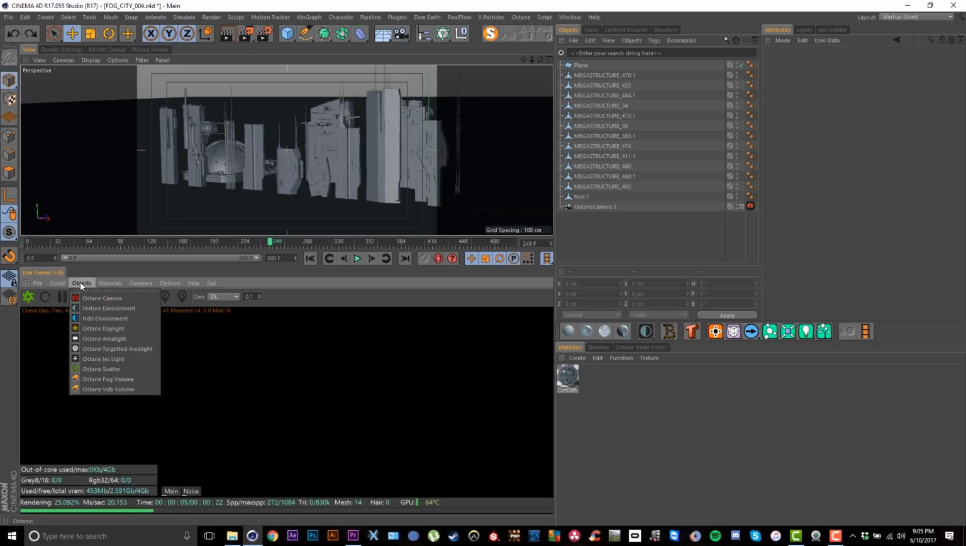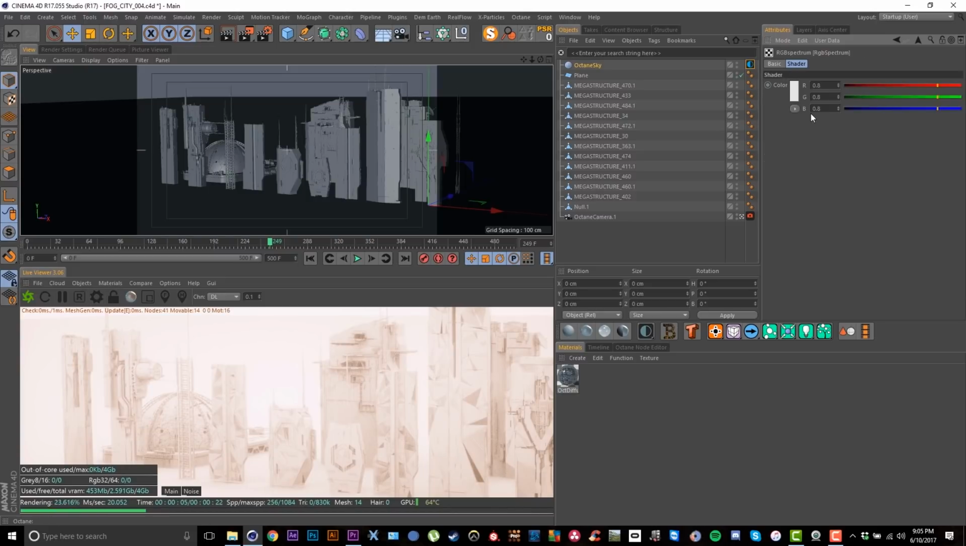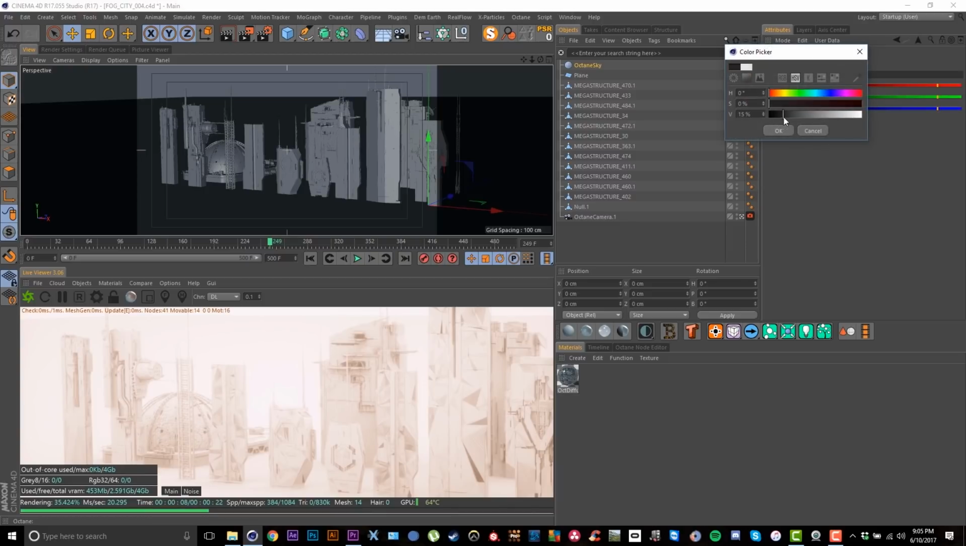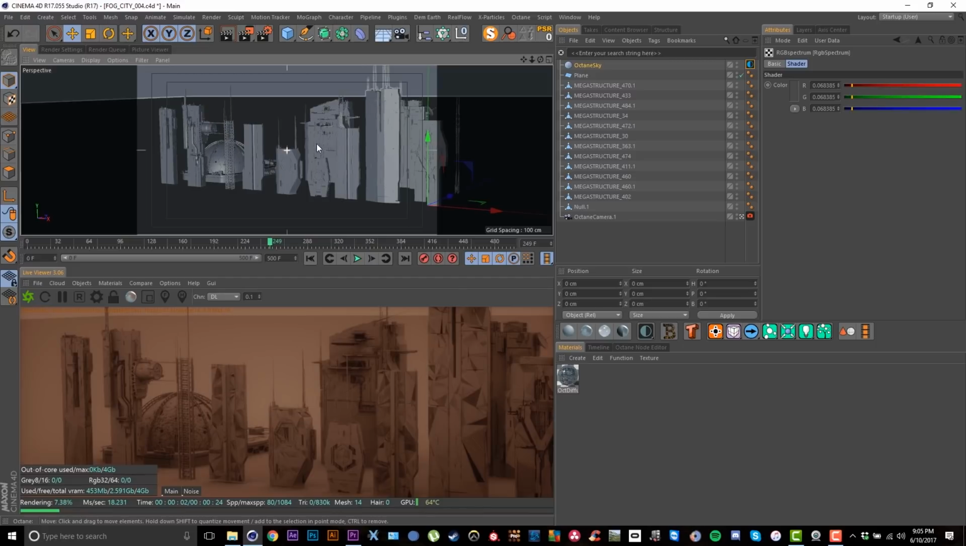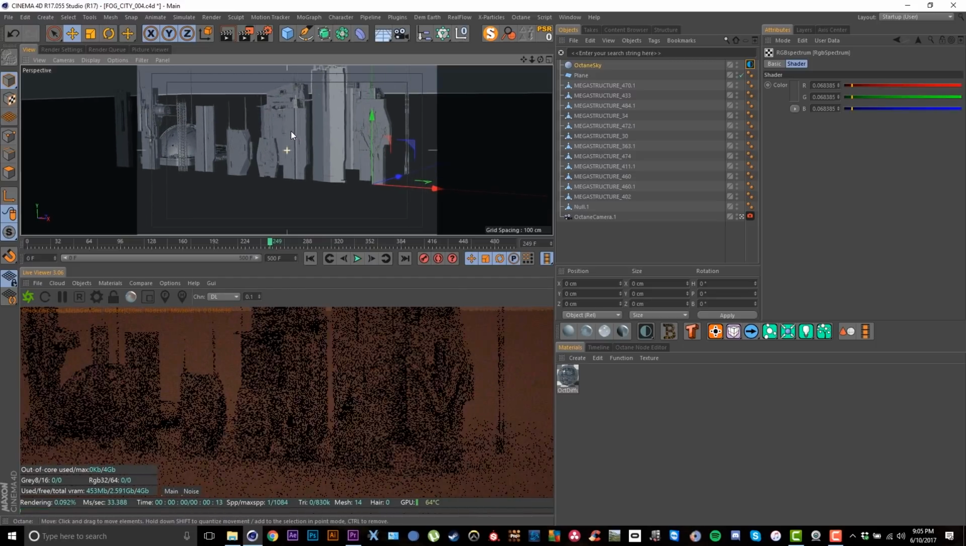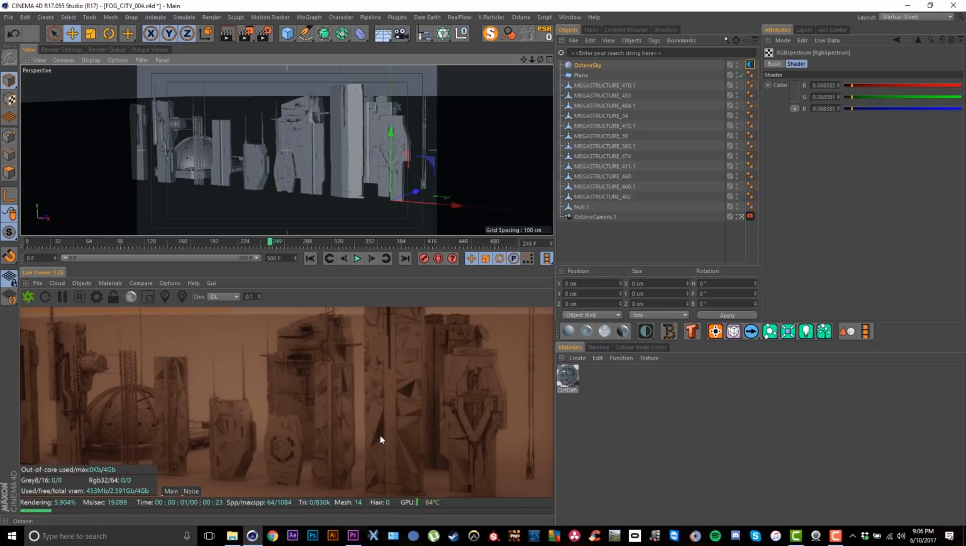So you would go under Objects, Texture Environment, which just loads an RGB spectrum into the texture channel here, and then I can just come in here and change this to something darker, so maybe around there, and immediately you can see that there is some jacked up looking geometry,